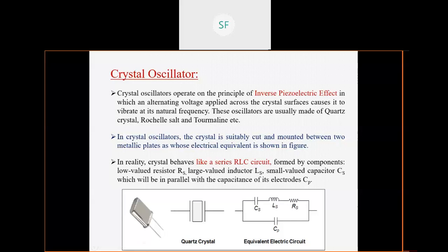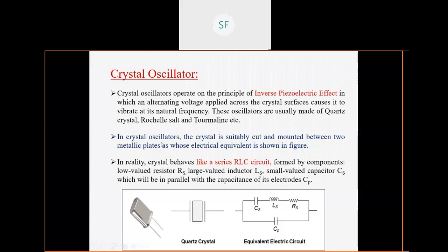So what we have done is negotiate between this piezoelectric effect and this strength, and we have found an intermediate material, which is quartz. Quartz has a piezoelectric effect in between Rochelle salt and tourmaline. Similarly, the strength of quartz is also in between Rochelle salt and tourmaline. So this is how we have managed, and we generally use quartz crystal in most crystal oscillators.